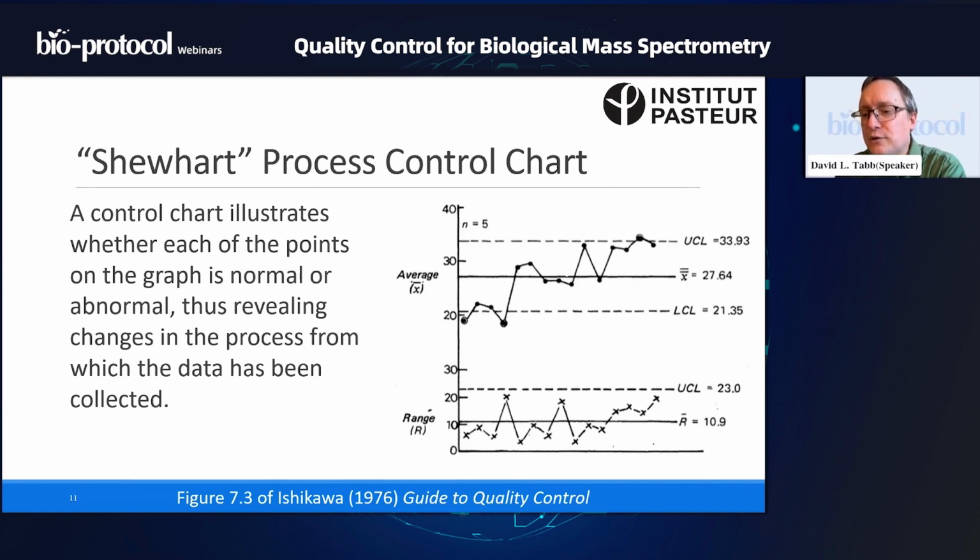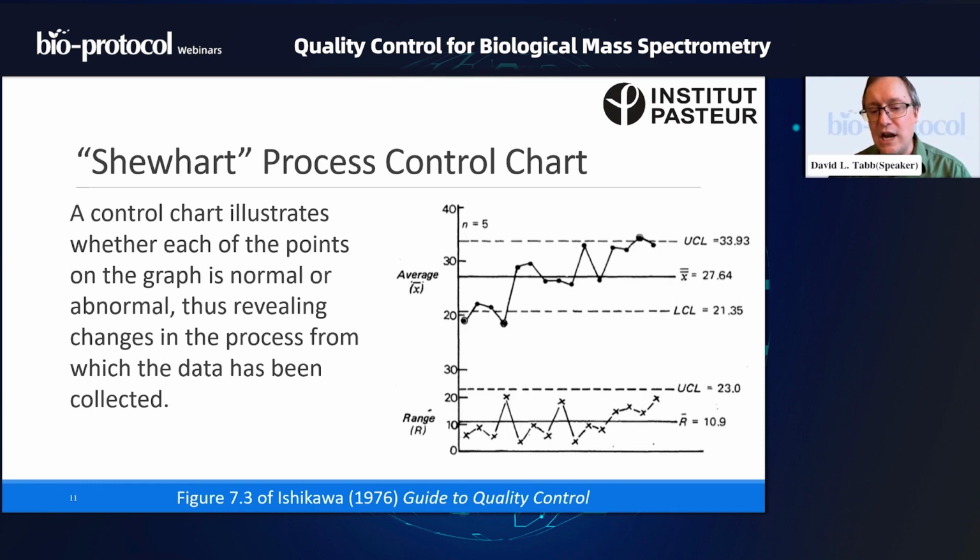But we also have these values of upper and lower control limits. That's a UCL and an LCL. So in this case, we have been able to look at the performance of this process day after day for a very long time. And so we have a very clear notion empirically of what a high value looks like and what a low value looks like. In this case, upper control lines and lower control lines act as our bounds of okayness. If the average falls above the upper control limit, we say it is out of control. If it is below the lower control limit, we say it's out of control on the low side.